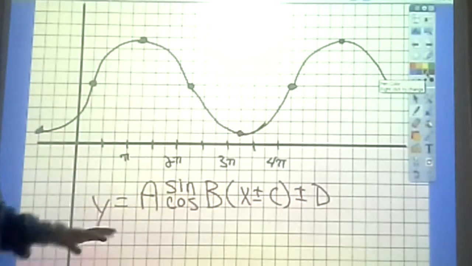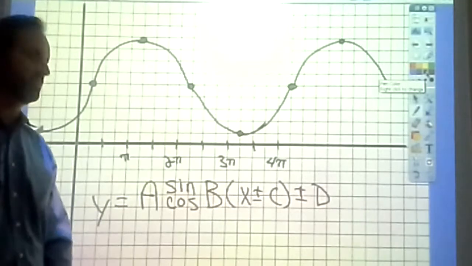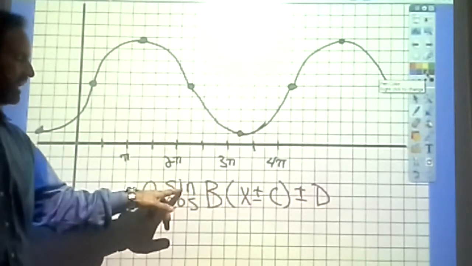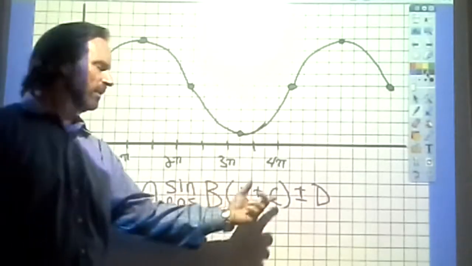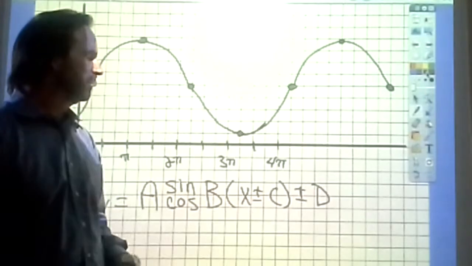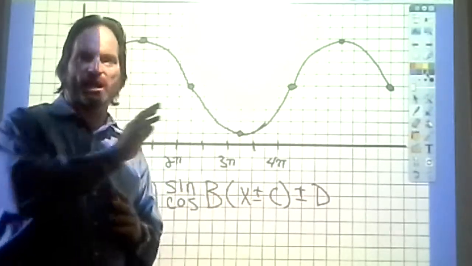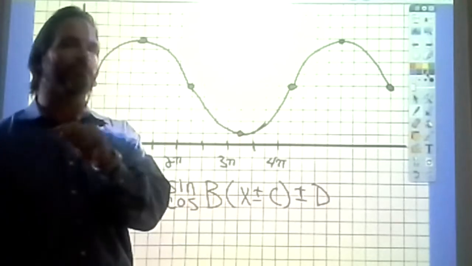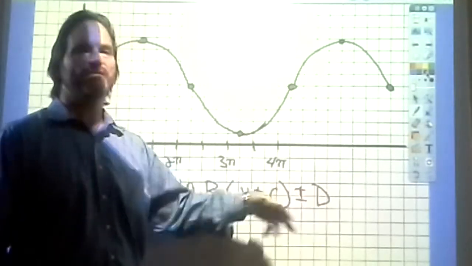amplitude. This is my y equals, and this is a full Monty equation. Everything's in here. Amplitude times either sine or cosine times b, and I've got a phase shift, so that gives me the parentheses, x plus or minus c. Anything in parentheses of a function is going to be horizontal, left or right. Plus is left, minus right, and then outside of that is your plus or minus a d value, that's your